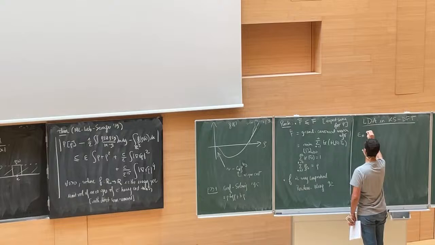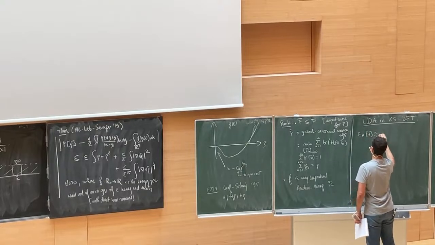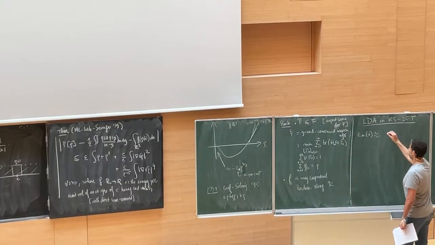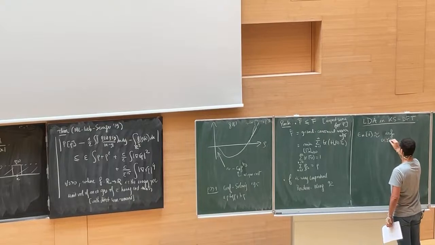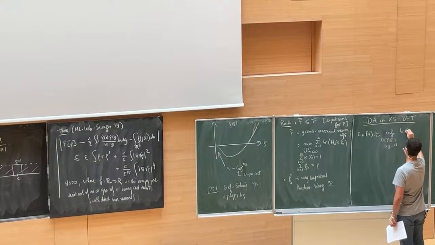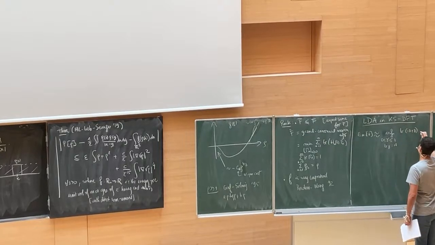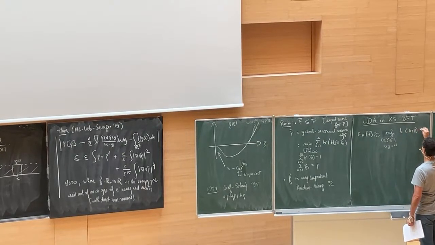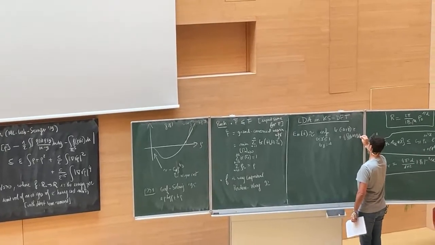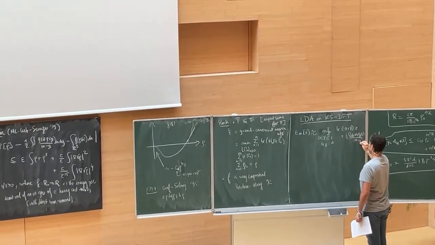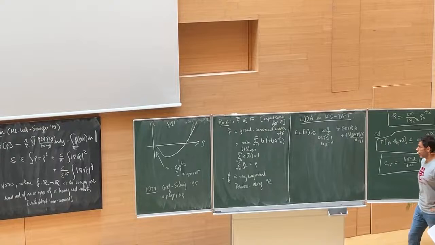You write E_N of V. You replace it, because now you do an approximation, by the minimum, maybe I should write infimum over the small gamma, of the trace of minus Laplace plus V gamma plus the direct term 1/2 rho gamma of x, rho gamma of y, divided by x minus y, and then plus